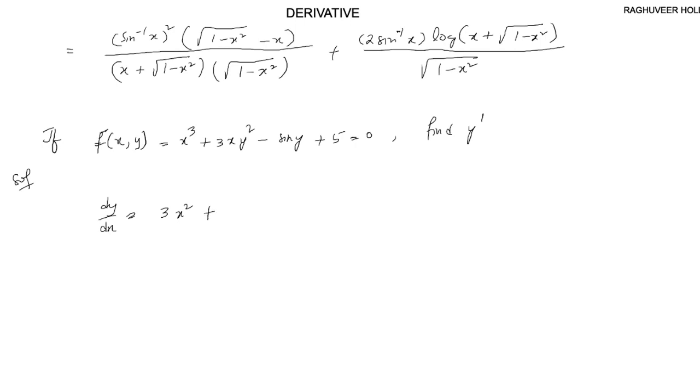dy by dx is equal to, this is 3x square plus, we have x and y terms here, so this will be 3, okay, and x times 2y dy by dx, okay, plus y square, differentiation of x is 1, into 1, right, minus, this is cos y, and this is dy by dx, and the constant which is 0, which is equal to 0, right. Okay,